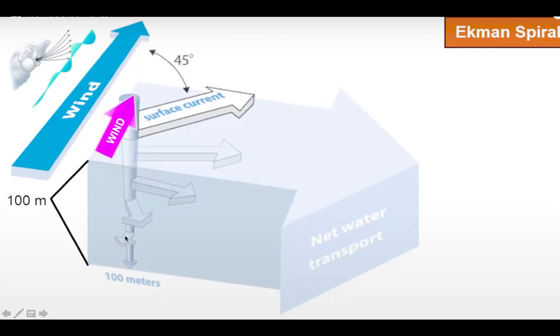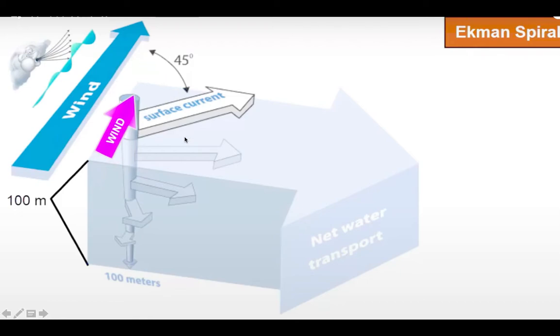There is a point when the direction of current is exactly in the opposite of wind. So this spiral movement is called Ekman spiral, right? So if you put something, say thermocol with some mass, this thermocol will deflect in different direction in different depths in all 100 meter. If you put over here, it will move in this direction. If you put over here, it will move in this direction. Like this, it will keep changing.